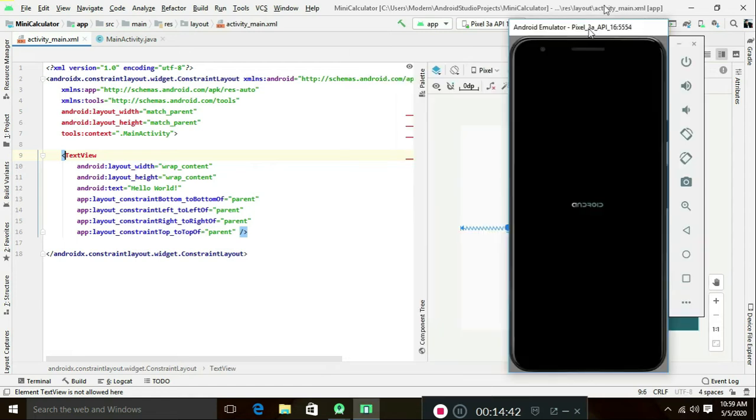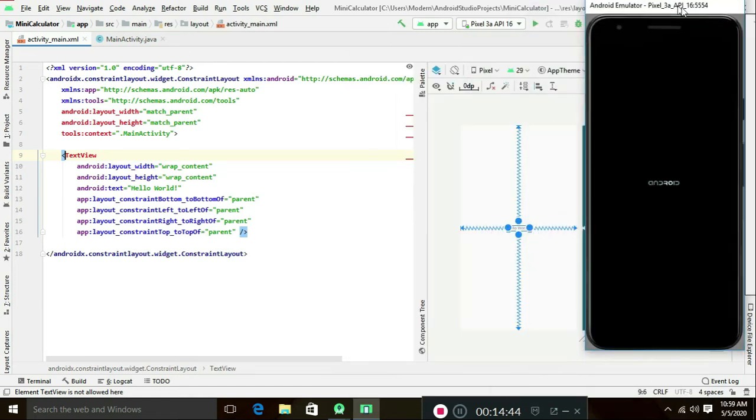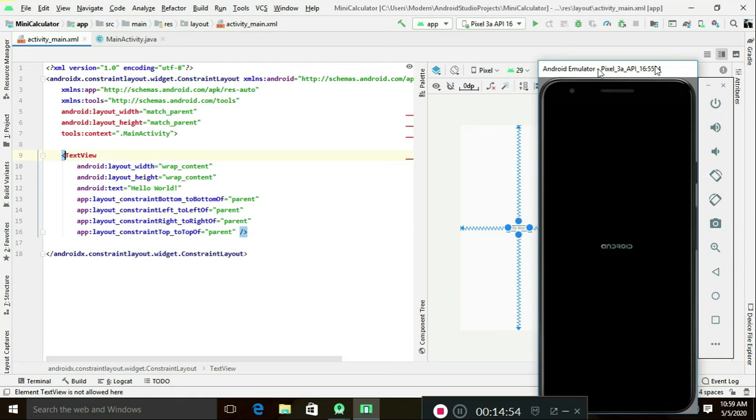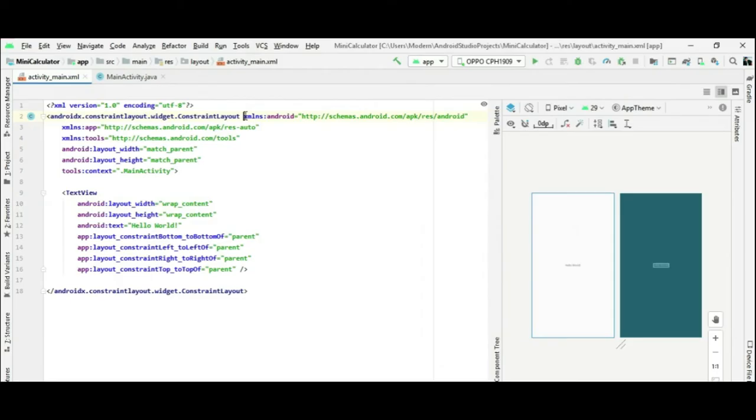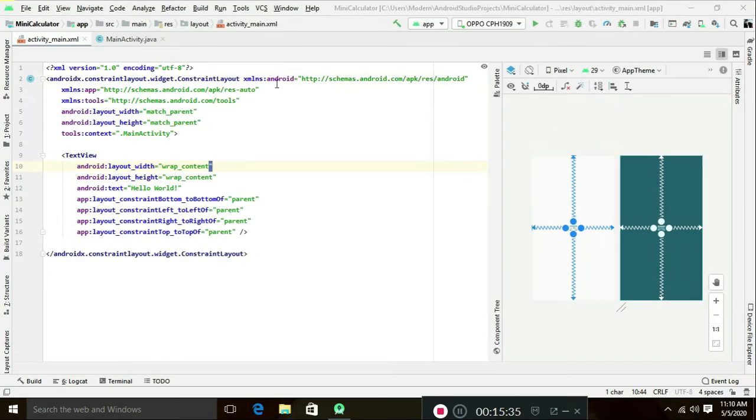Before we learn, I will give some hints. There are the designing side and the ALU side, arithmetic logic unit. XML is used for designing purposes. Here different layouts are used, such as table layout, relative layout, linear layout, and so on. First we start with a simple layout, the table layout. Java is used for logical performing. Here three methods are used: addition, subtraction, multiplication. Okay, let's start. Let's go to the XML file.